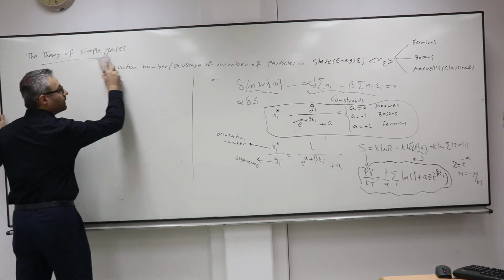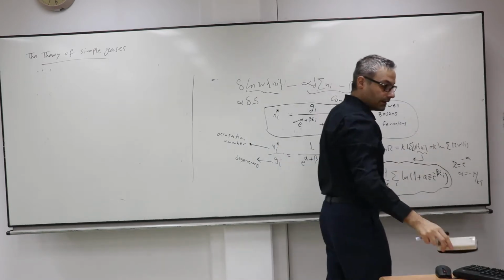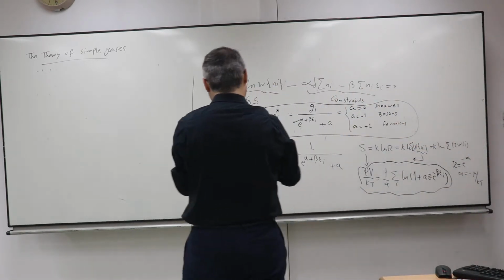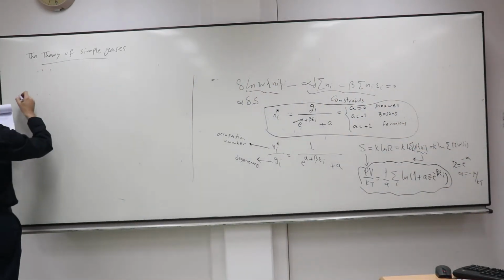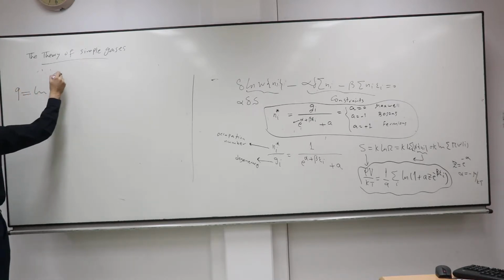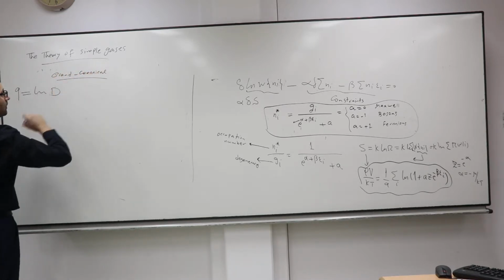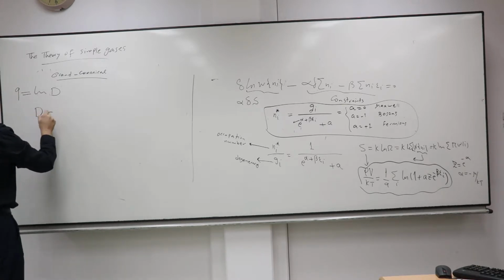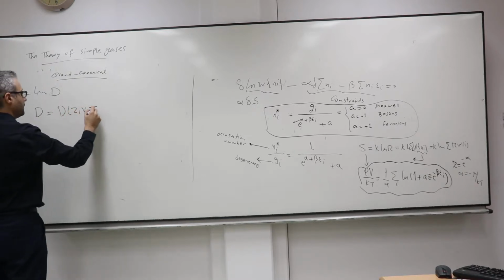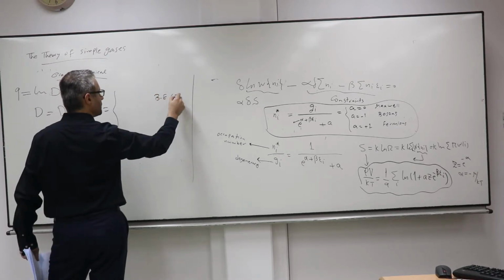The things which we call grand partition functions. You can write the grand partition function for the system. You remember the Q was in the grand canonical ensemble, and the D, in this case, is a function of Z, V, and T, given by this equation. In the Bose-Einstein case,